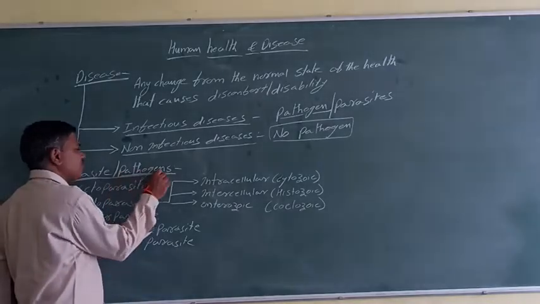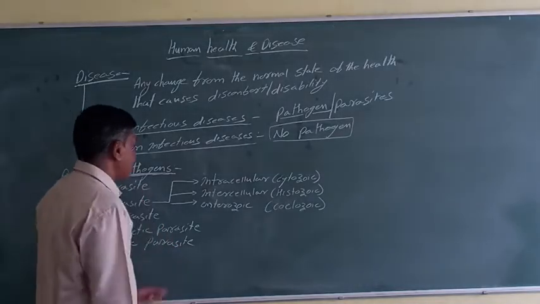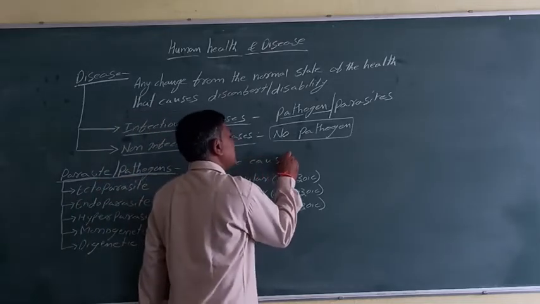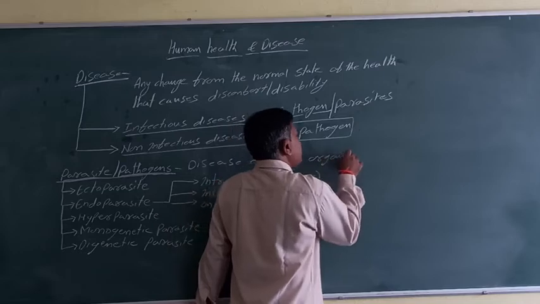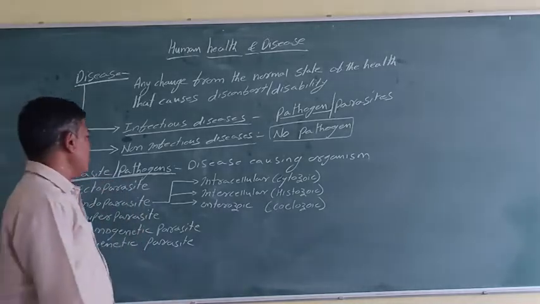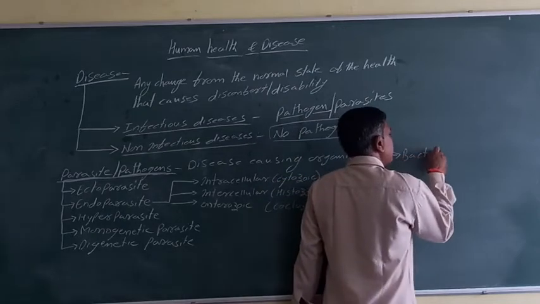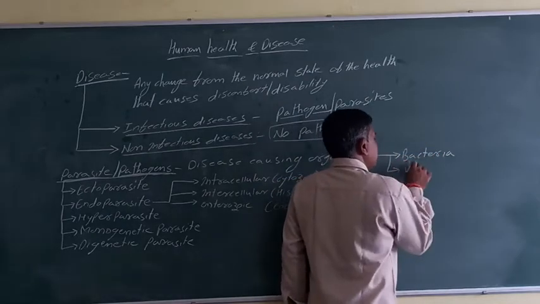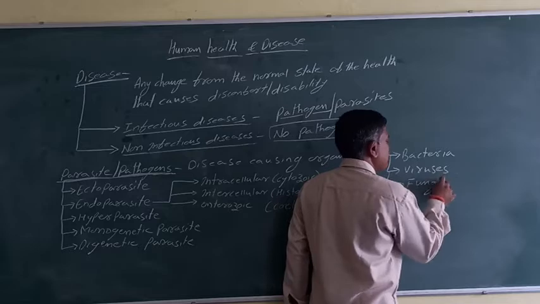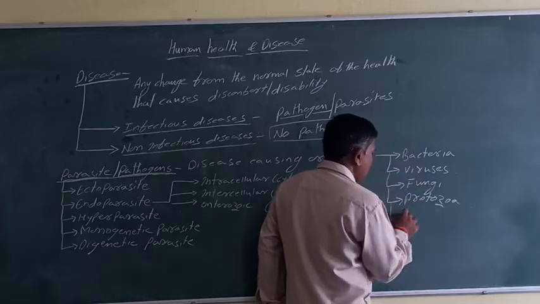What do you mean by pathogen? Pathogen is nothing but disease causing agent. What is the definition of pathogen? Disease causing organism. Disease causing organism is called as a pathogen. Already you know these pathogens are parasites. They may be bacteria, they may be viruses, they may be fungi, they may be protozoa, or they may be